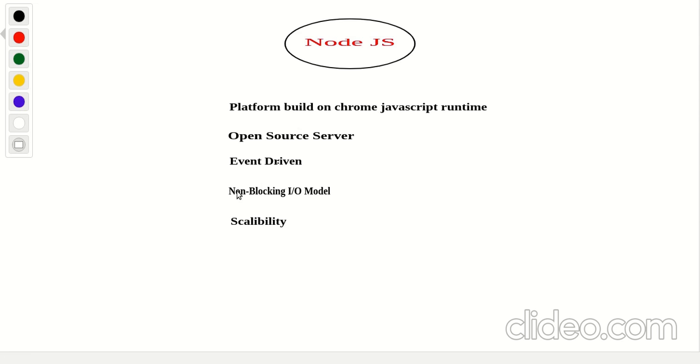The next most important feature is the non-blocking input output model. So let's understand what the non-blocking input output model is. It is the same as asynchronous. We all know that JavaScript is an asynchronous programming language, meaning it does not wait for a program to finish and automatically moves to the next line of code.